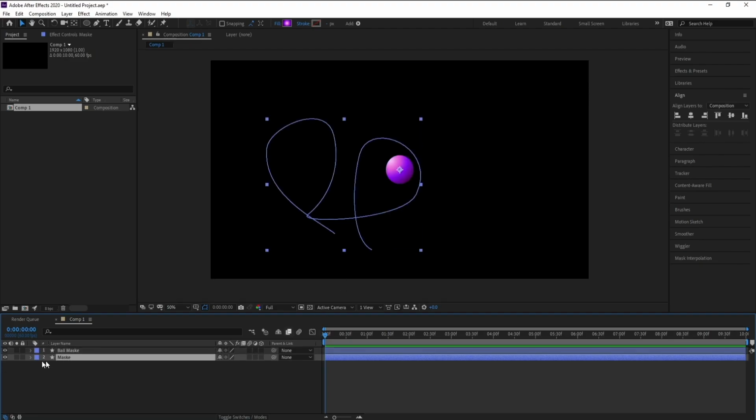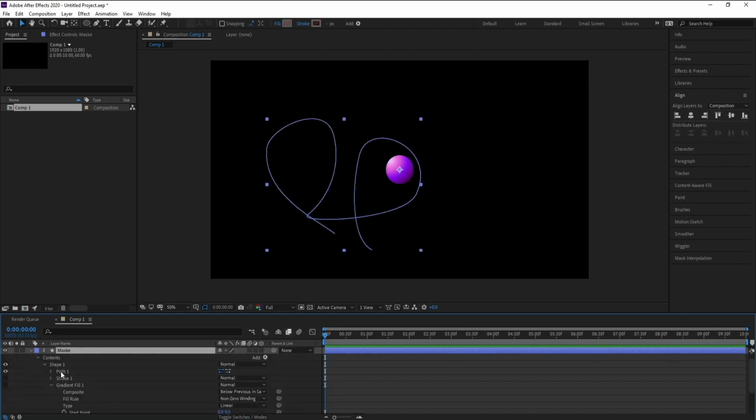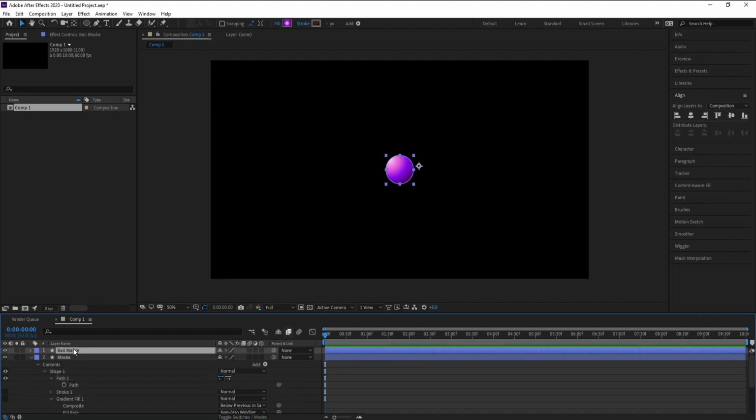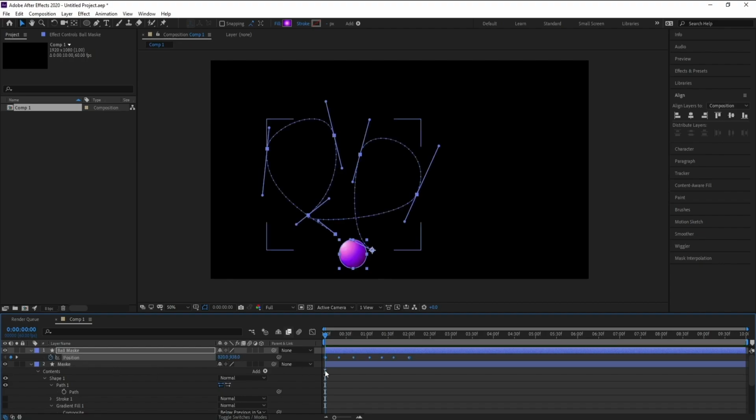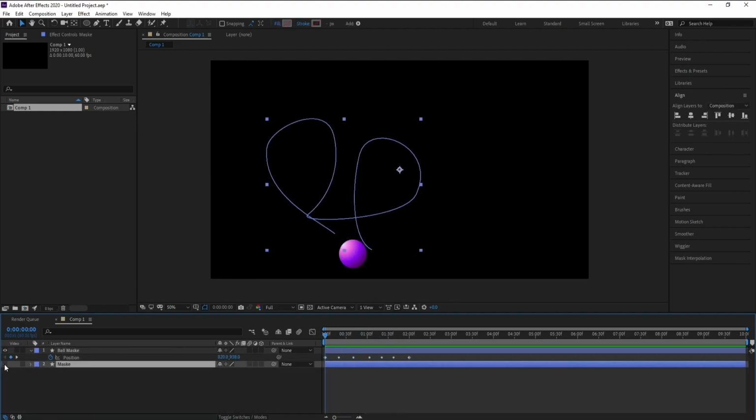Go to mask here, open mask, go to path, open path, and Control C. Then go to ball mask, press P for position and Control V, and see this circle or this ball move on our mask like this. That's very good. Now I'll close mask